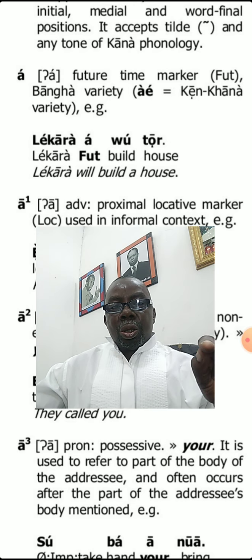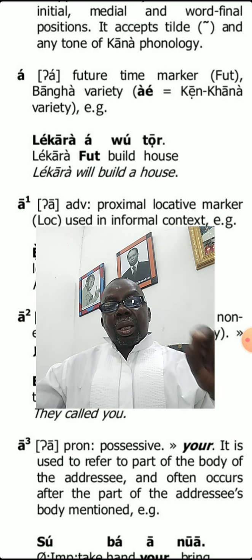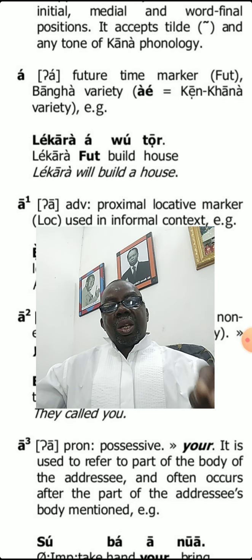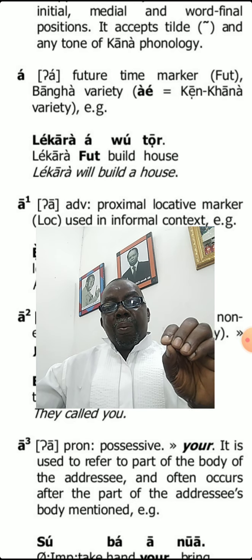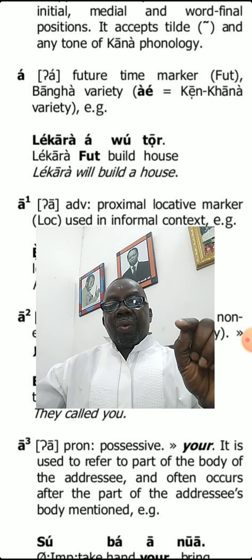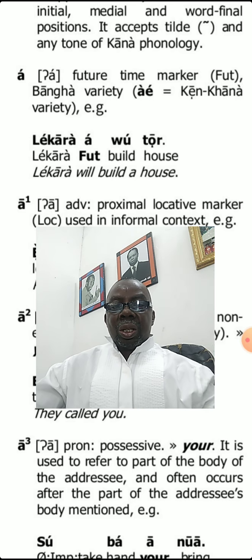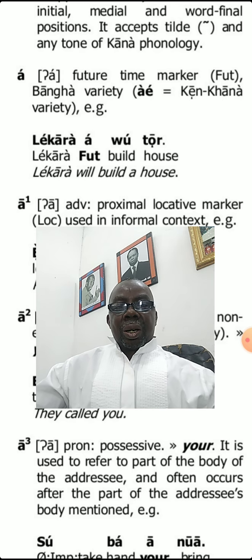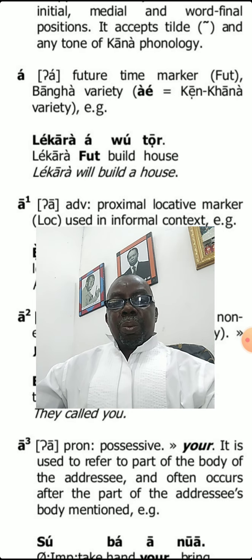The meaning equivalent of each word in the sentence in Kana, which is the first one, is presented in the middle sentence. That middle sentence may not be correct in either Kana or English, but it portrays the word-to-word meaning of what is given in Kana. But the last sentence, which is in the slanted, is correct in English. Nekara will build a house, and that is the translation of the first sentence. The middle one is a transliteration of the sentence in Kana.